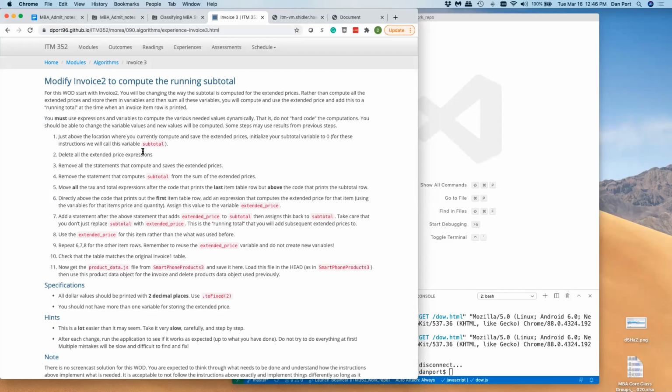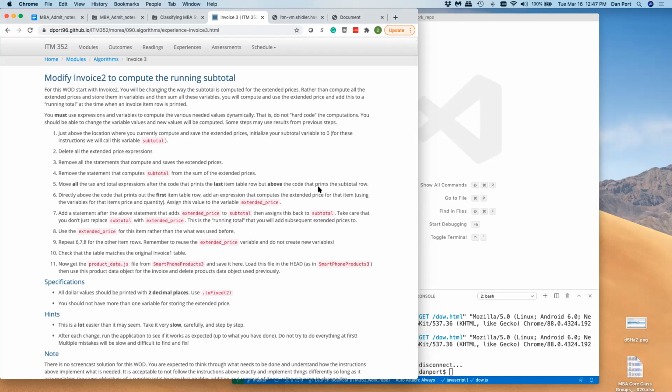We'll call, for these instructions, we'll call this subtotal, okay? Delete the extended price expressions, remove the statements that compute and save extended prices, remove the statement that computes subtotal, move all the tax and expressions after the last one, but before the subtotal row, directly above the code that prints the first name,